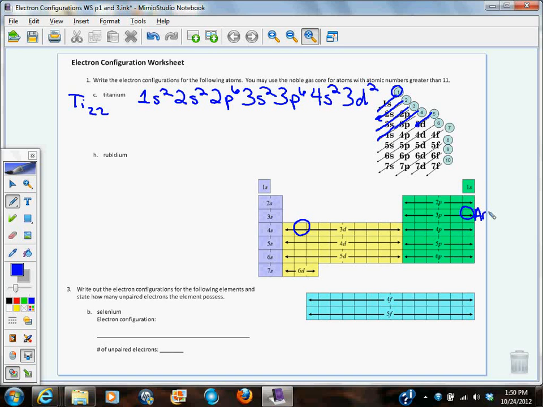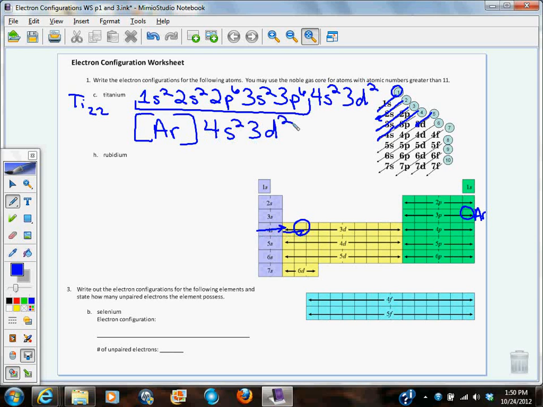So if I want to write titanium with the noble gas core, I start with argon, which represents all this up through the 3p6. Now, what do I have left after the argon? I have the 2 electrons in the 4s and 2 more electrons in the 3d. So this would be 4s2,